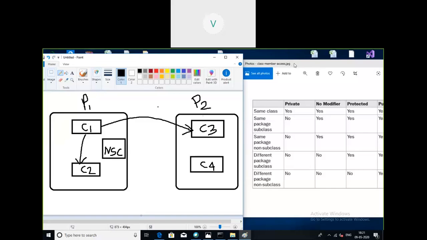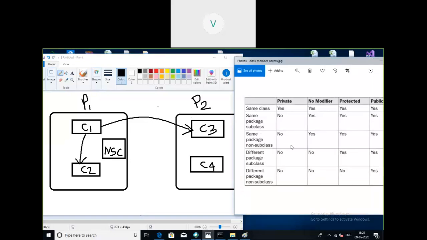When it is not present in the same package, private members cannot be accessed. When you see this column, private members are not at all accessible to anyone else, so that is no everywhere. In the different package subclass, private members are not accessible. Default members are also not accessible.